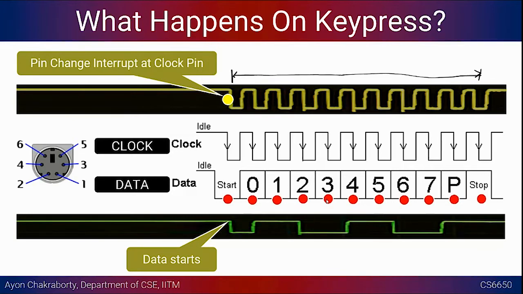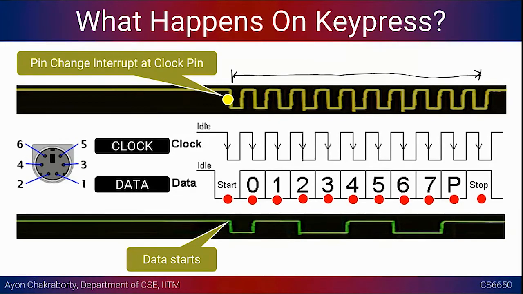Maybe the start, parity bit and the stop bit don't make sense in our case, or might not be required for deciphering the data. We are just showing you a very simple example. We will only care about these 8 bits from 0 to 7. But as a part of the protocol, we need to go through the entire frame to parse it correctly. Once you get all the 11 bits, you can do bit manipulation to get the bits from 0 to 7, and the rest we can discard.